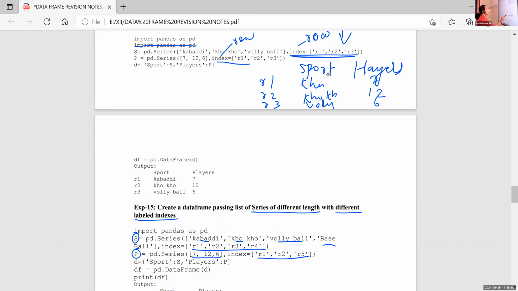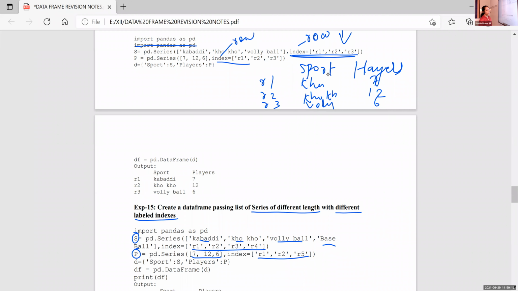So here the length of the series is different between S and P, and the labeled indexes of S and P are also different. Here I am using 4 values, here only 3 values. What about the baseball players list? There is no value for baseball players.